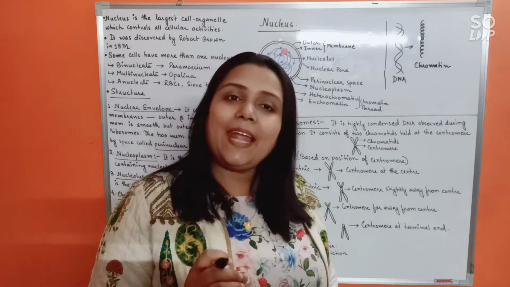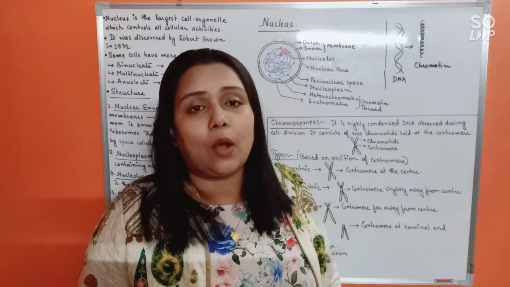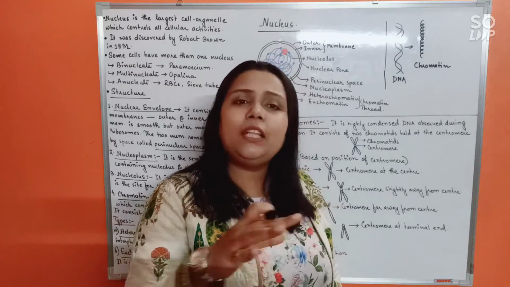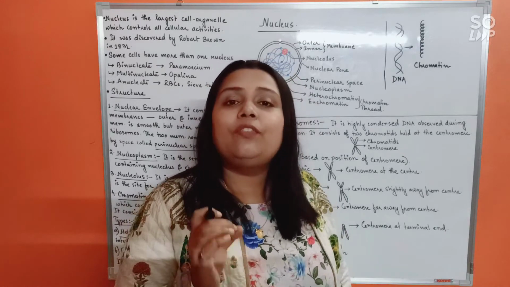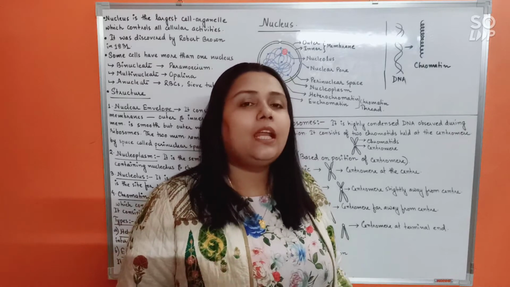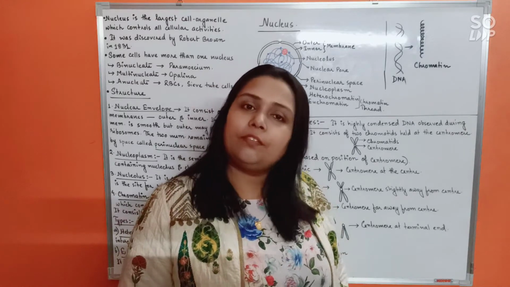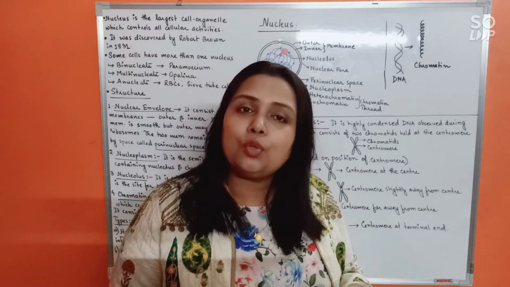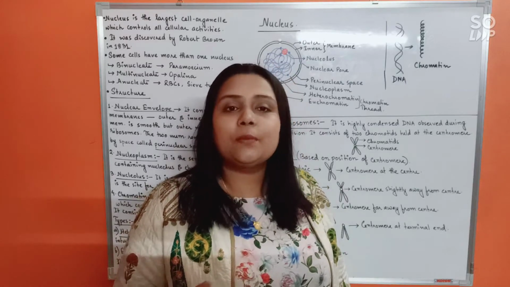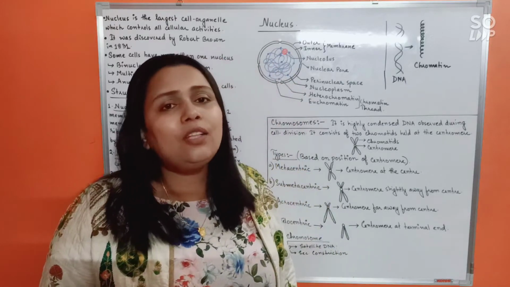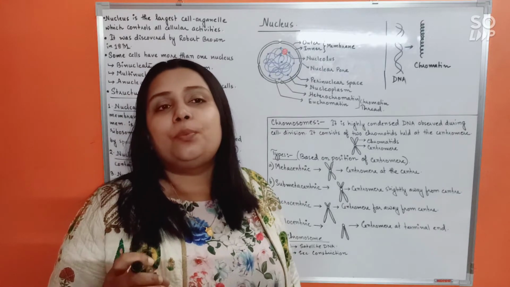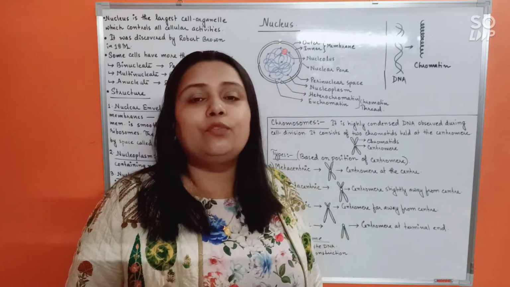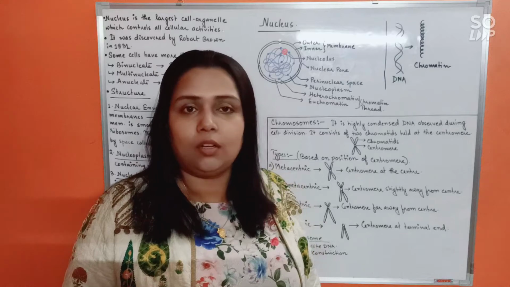Now suppose the cell decides that it has to divide. Whenever the cell has to divide, all the metabolic reactions in that cell will first of all stop. It will cease. Now no more metabolic reactions would occur. Now the cell will completely devote itself to the process of division. It will no more remain metabolically active. So now the cell would not require so many proteins after all, right?